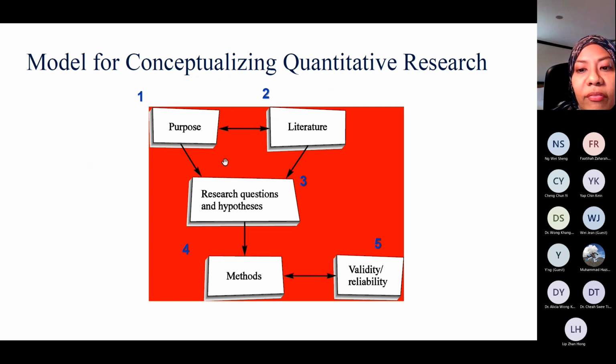And then we have validity and reliability before we analyze the research, where we validate the tools that we use in carrying out our research, where we validate our questionnaire, and then we do a pilot survey to test whether or not all the items in our questionnaire are valid and reliable. This is the process where we use reliability analysis and so on.